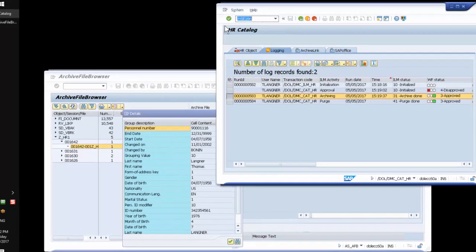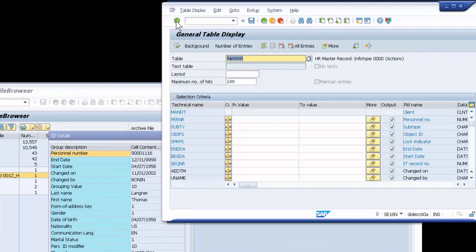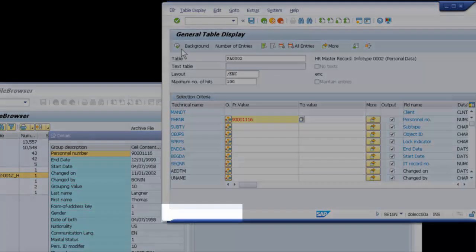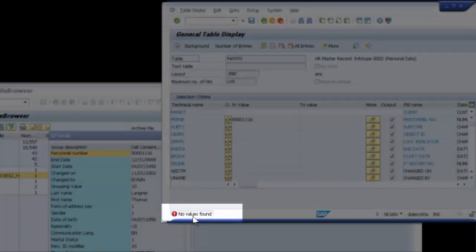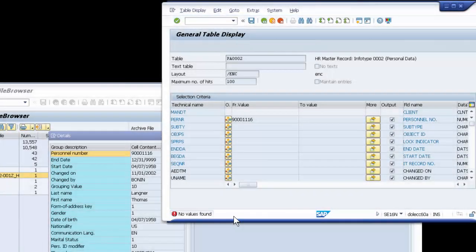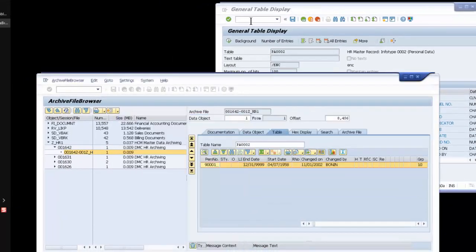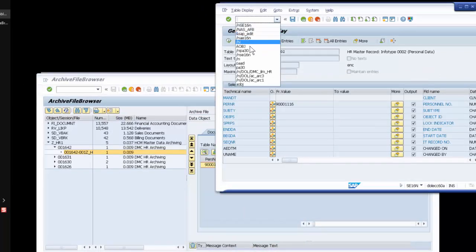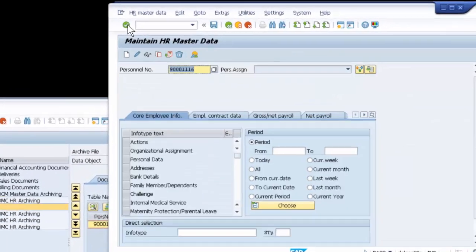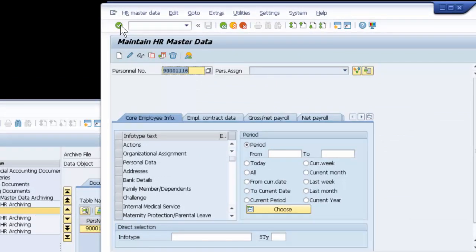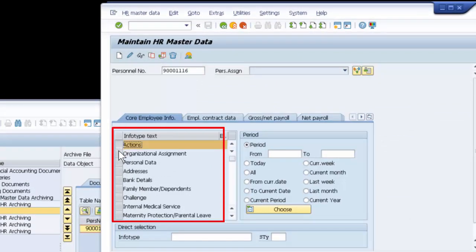Now we can try to verify if the record still exists in the database. We could go into SE16N and run the P002 table with this personal ID, which is 1116. We go in there, and as you can see, no value is found. So the data has been removed. Another way to verify that is to take this record and plug it into the PA30 transaction and see if this brings anything up. We go in here, and as you can see, it's totally empty, no names anymore, no